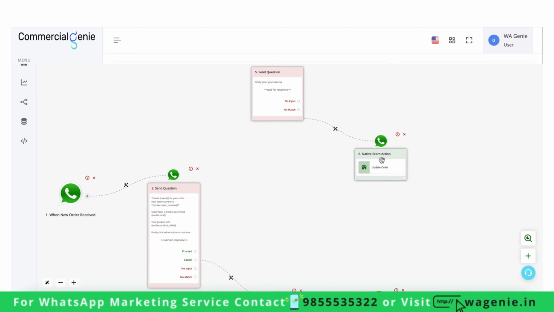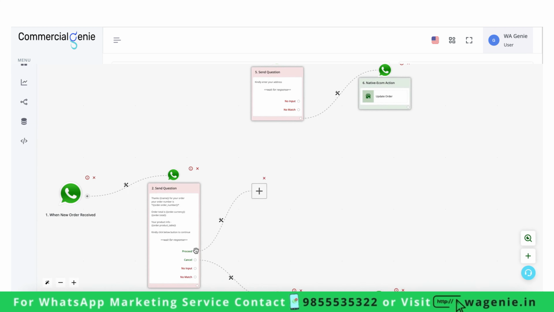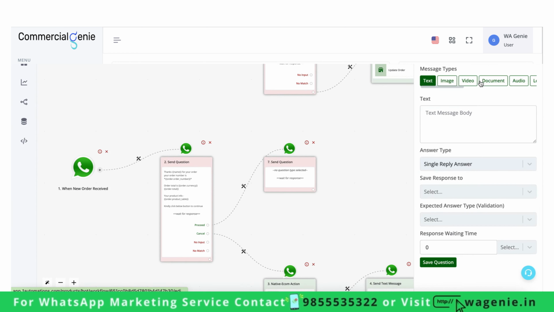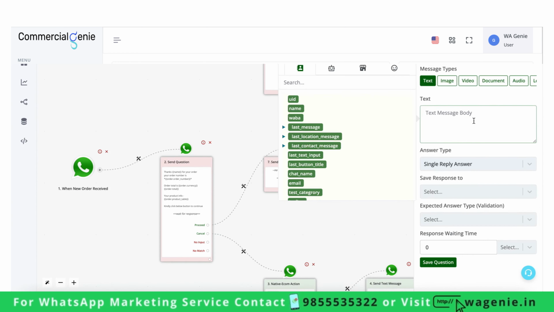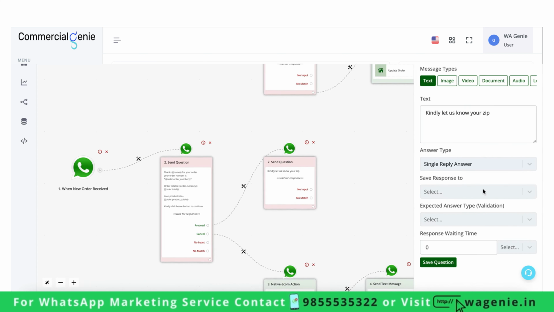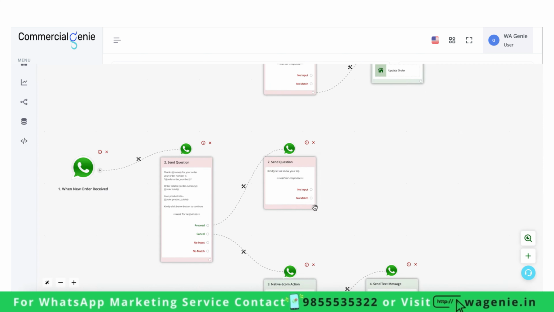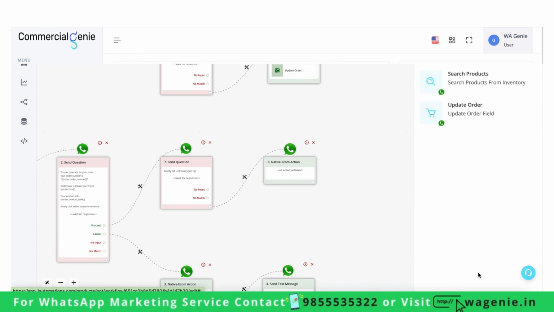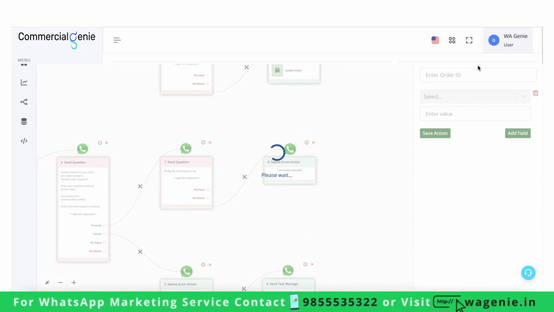For other businesses, how you can collect the address is you can ask user like your city, your address, your state, and then store it in the order. How you can do it? For example, kindly let us know your zip. Please note, I have not created any CRM fields, custom fields here, because we have the variable of last text input and we'll use that to update the order. So update the order,